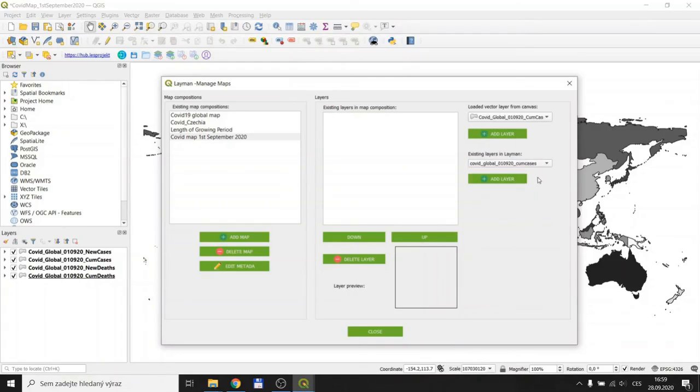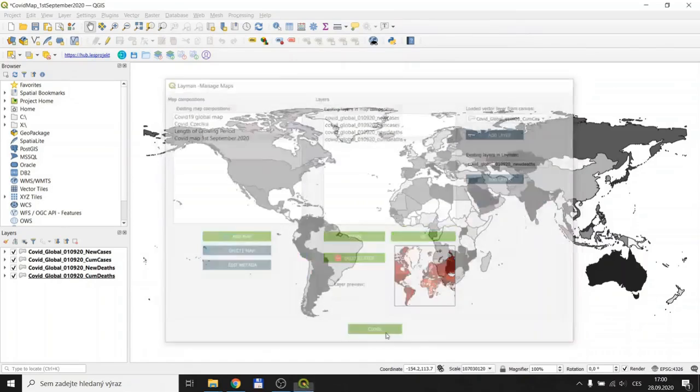So I choose these 4 layers I uploaded on the hub, and I reorder them in order to have the same order as I have in QGIS. And now I am satisfied with my map composition, so I close the manager.